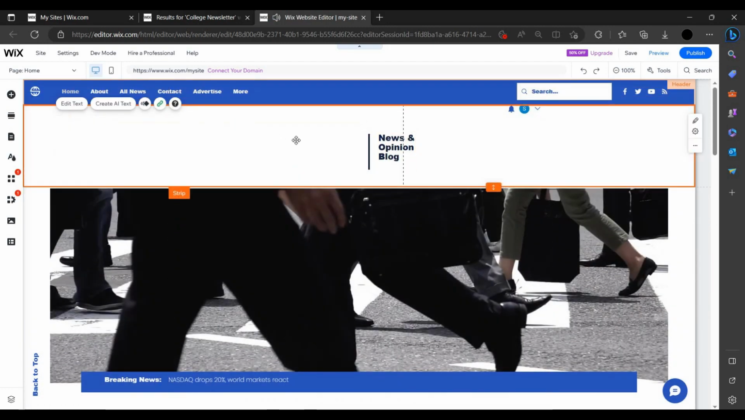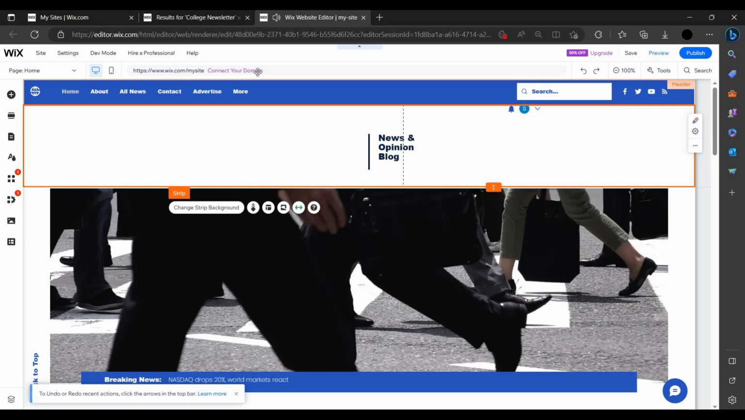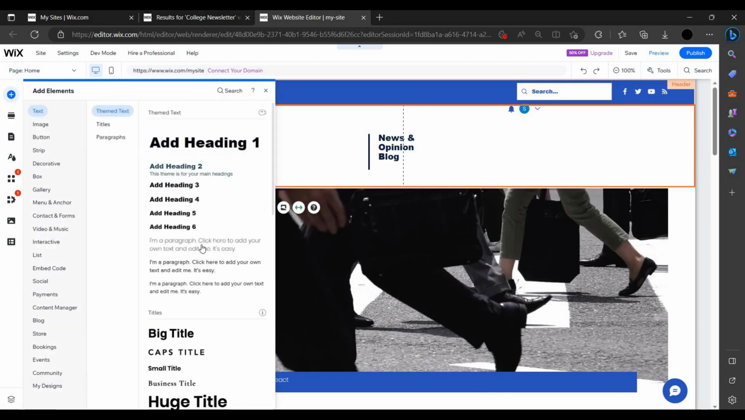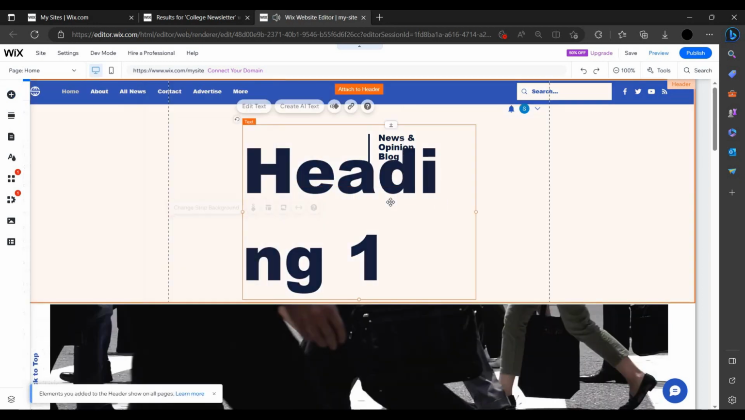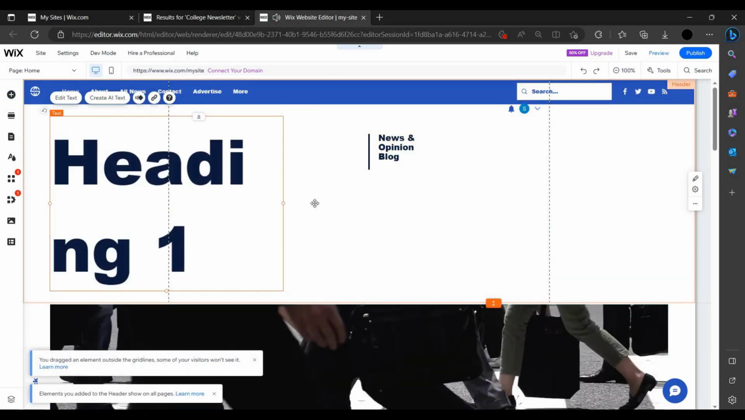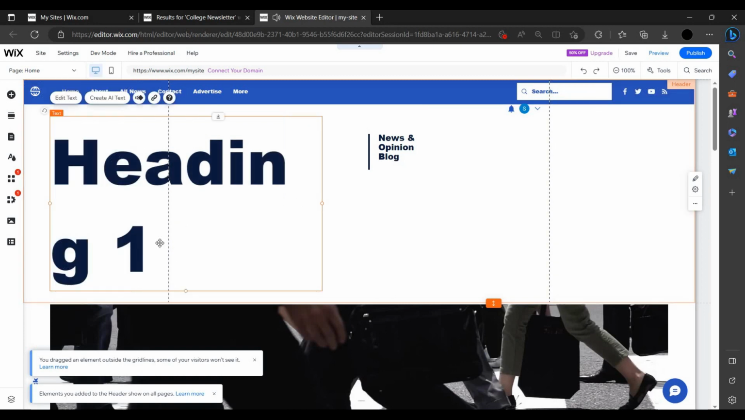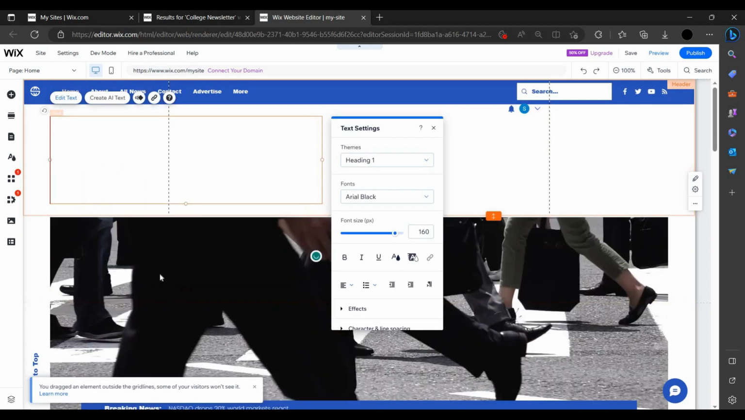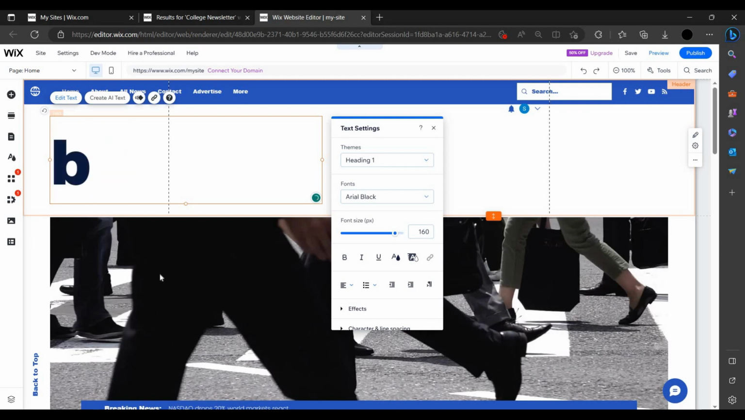First I have removed this. To add text, you have to click here, add elements. Then you have to click here, heading 1. You can write on this heading, as well as you can edit this also. I'm just editing it. Let us edit text. I am writing